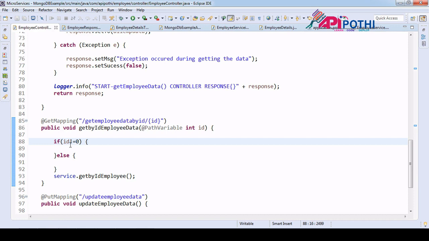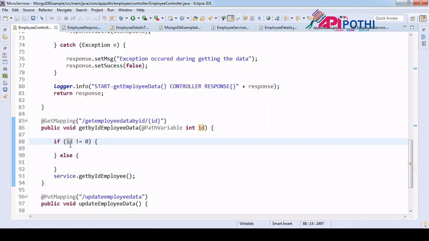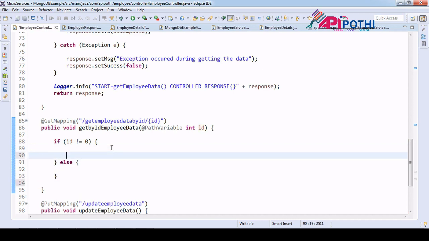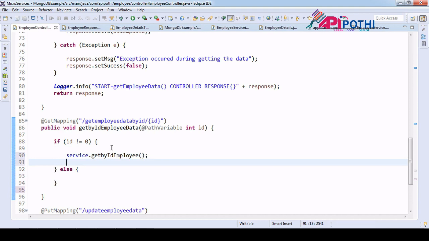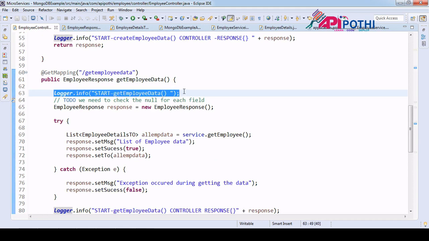So if you check whether ID is null, that won't work here anyhow. So that is the reason I have set it here. So if ID is not 0, then probably you need to proceed with the service. Else what you do is, else anyhow let's